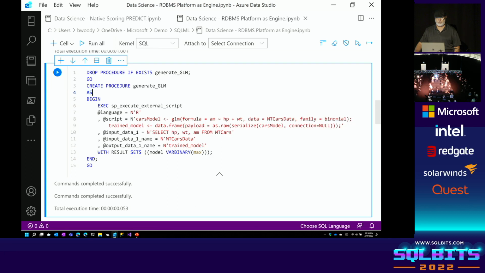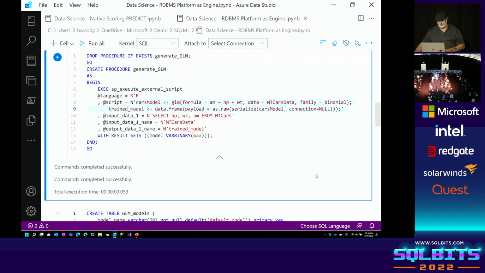So I'm going to create a stored procedure called generate my model, execute R, and basically this is the entire part of R that does predictions for those features on the label that you want. It literally has everything in there that you need to do that prediction. All of that's there.